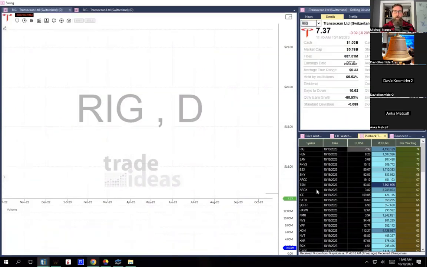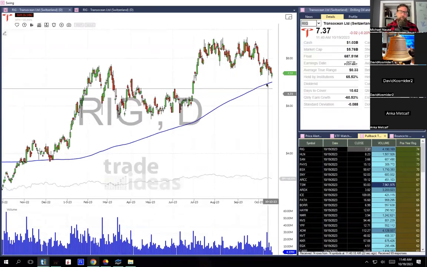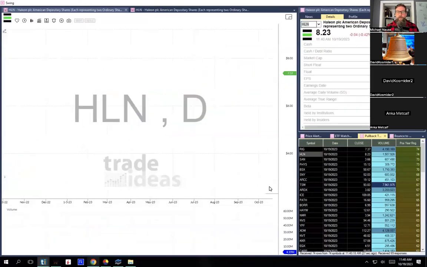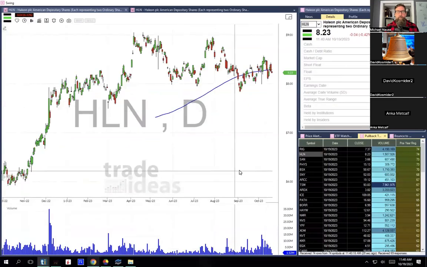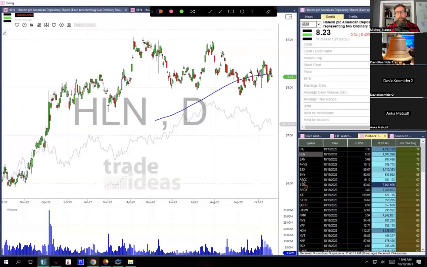But this particular scan, which I brought up when that question came in, is stocks that are pulling into a rising 200-day moving average. And it is one of my favorites because, as I've been talking about, I like to buy things that are above a rising 200-day moving average and sell things that are below a declining 200-day moving average. So I think this is the one I was talking about when that question came in.